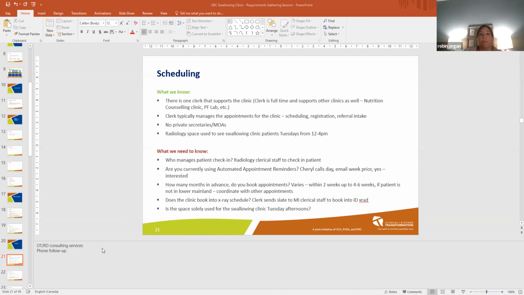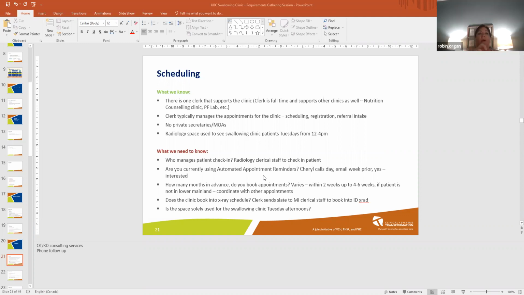But the patient still comes to the same location if they're doing something other than the study, or no? We don't often have clients coming in for in-person appointments that are not related to a modified barium swallow. That would be the large majority, patients coming in to radiology for that test and seen by the team there. If we're seeing patients for a virtual consultation, then you wouldn't necessarily need anybody to be checking them in. That would be the other situation.